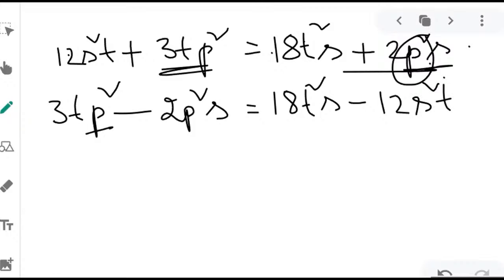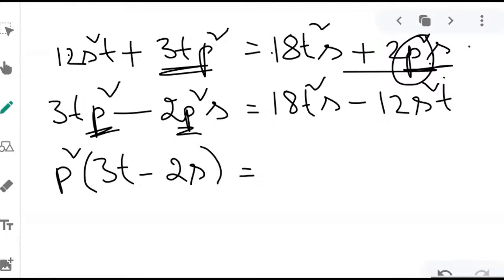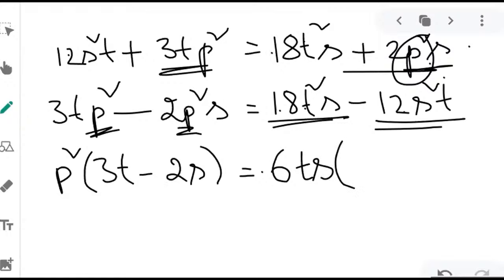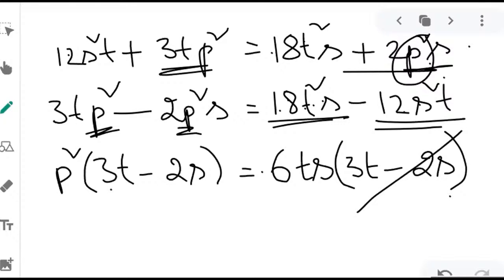What is common here? p square into 3t minus 2s is equal to... what is the common factor for 18 and 12? 6, and t and s are common. So if you take 6 out, this is 3t minus 2s. 3t minus 2s is common on both sides. So p square is equal to